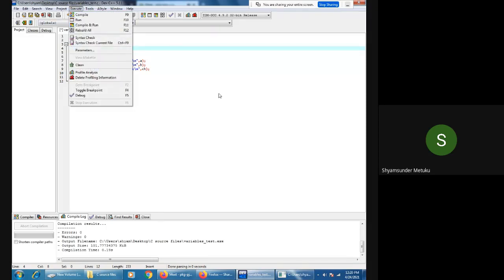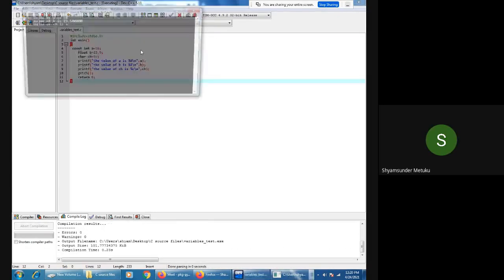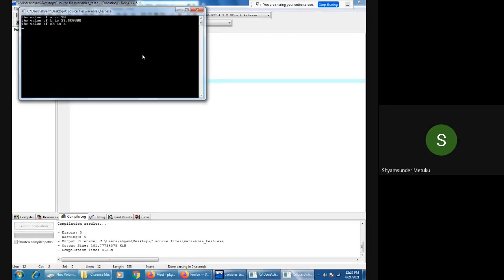No change, because for a constant, the rule I mentioned is that every constant must be declared and defined right there itself. Am I not declaring and defining at the same time? Yes, sir. A is a constant, and I'm also assigning the value 10. Yes or no? So it will display 10. There's nothing wrong in that. So there's no change: 10, 23.5, then the character will be A.